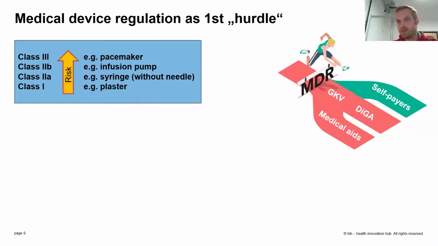And within this medical device regulation system that we have in the European Union, it's a uniform system. So whether you're based in Belgium, France, Germany, or Slovakia, you always have to follow the same procedure and the same rules. Here we have a differentiation between risk classes of different medical devices. And you might ask yourself, where does software fit in this? I gave some examples for class 3, the pacemakers, for example, highest risk, that have to fulfill higher requirements than a standard plaster with no other function than just covering a wound.